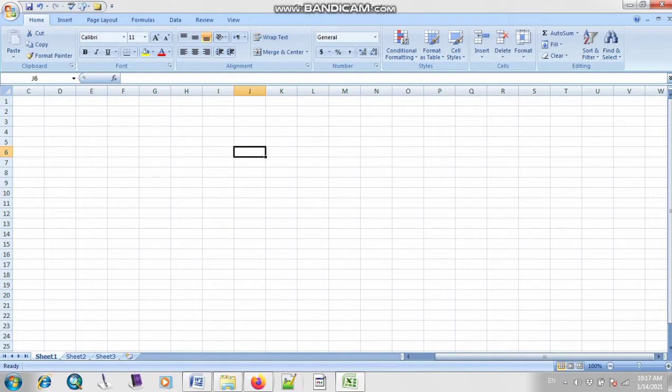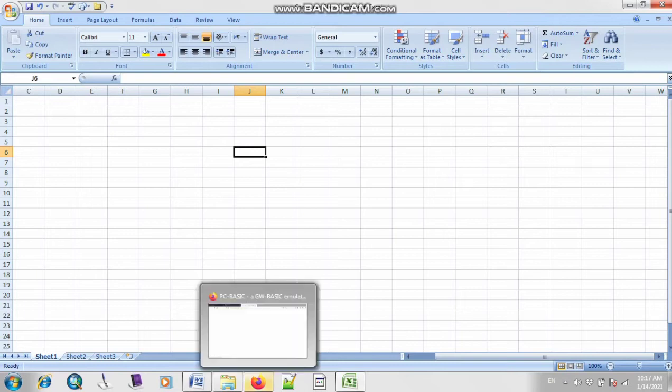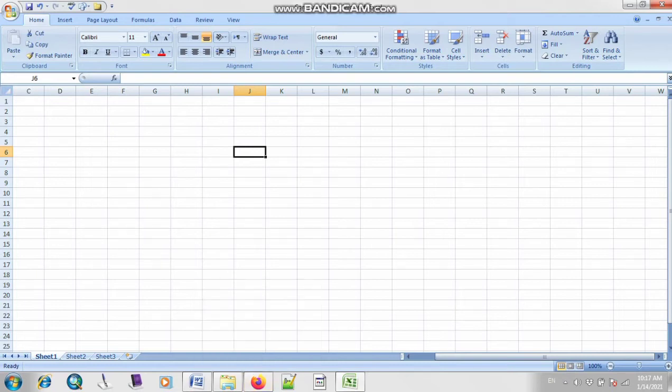Okay, now the next option is your last bar. So this last bar is known as your, what is the name of this bar? So this bar is basically known as your task bar. This bar is known as your task bar. So we have some commands on this bar. So basically this bar is known as your task bar.